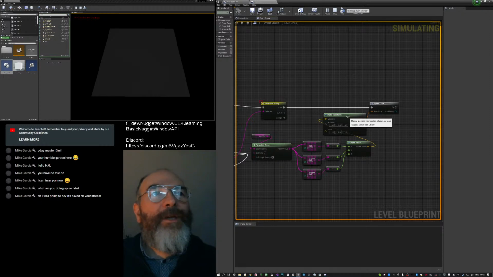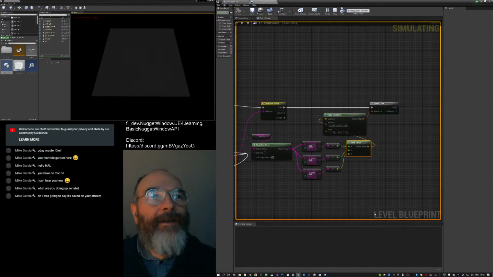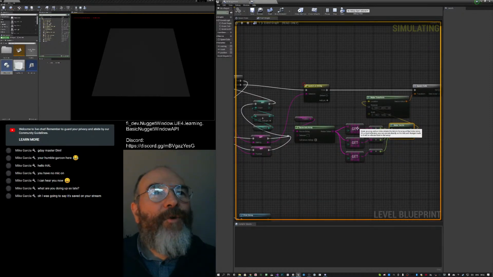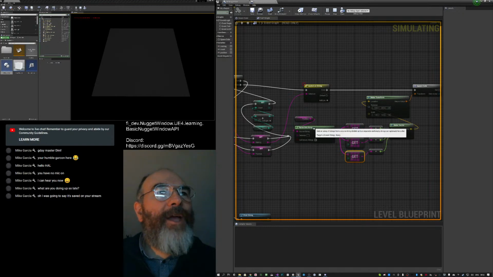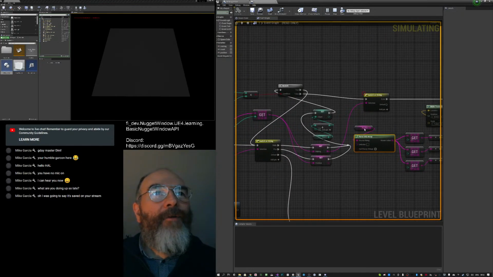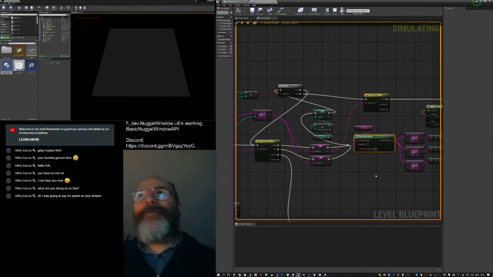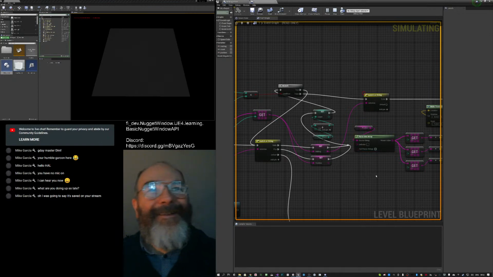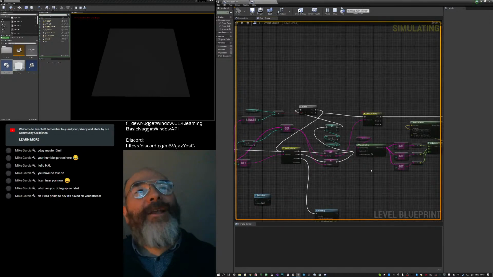The transform has been made here with default rotation and scale, but with a location that was a vector, which was made here. This vector comes from 3 elements of an array that was created by parse into array from the position variable. So that's it, see. So basically what happens is